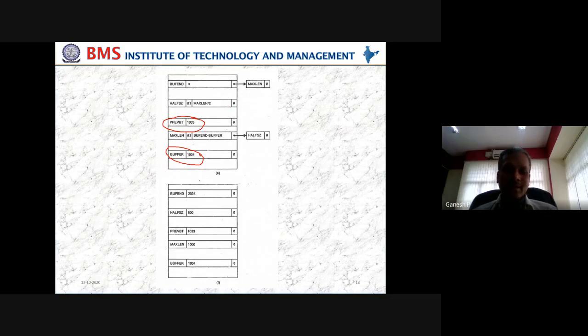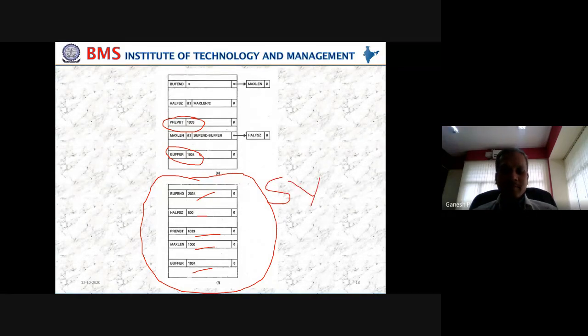Like that, at the end, you will get to know this one. So after all passes, in this case maybe 4 passes, you will get to know the actual values of buffend, offjet, previous bit, maxlen, buffer. When you know this, this is actually the symbol table that we want. But this symbol table could not be created in a single shot because there are multiple dependencies of various labels. Thereby, we need to reiterate the process some more times so that we get the symbol table of our choice at the end.